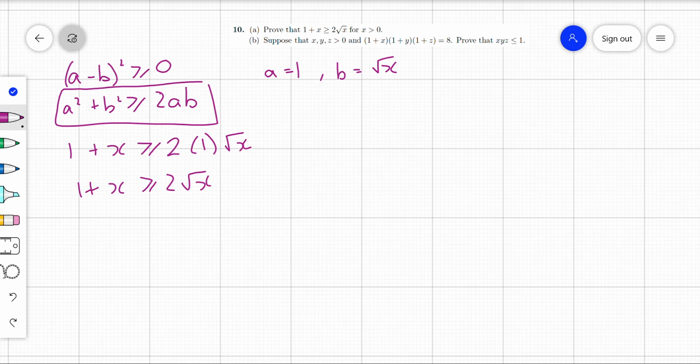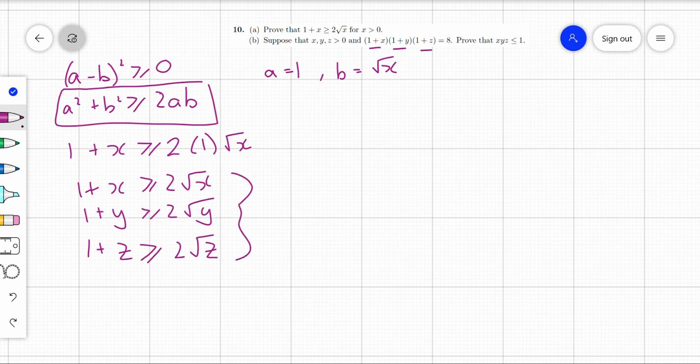Also, if we look below, we've got 1 plus x, 1 plus y, and 1 plus z. So we might want to just go similarly. We know that would work for y and for z. So have a look at that. And then you can see we want to multiply them this time instead of add them. So multiplying, we could call them 1, 2, and 3, but multiplying them, we would get the 1 plus x and the 1 plus y and the 1 plus z on the left is greater or equal to, everything's positive here,